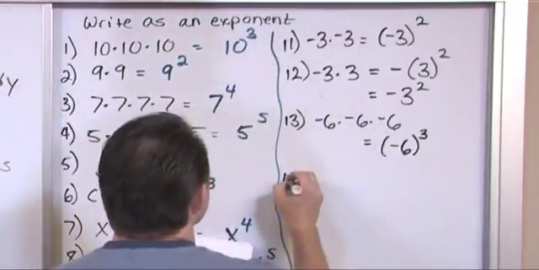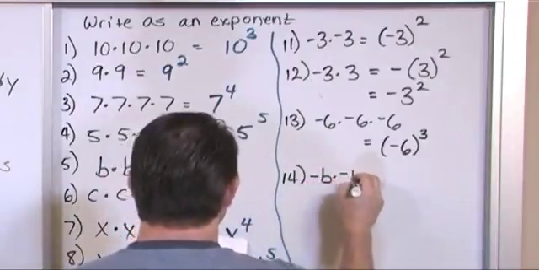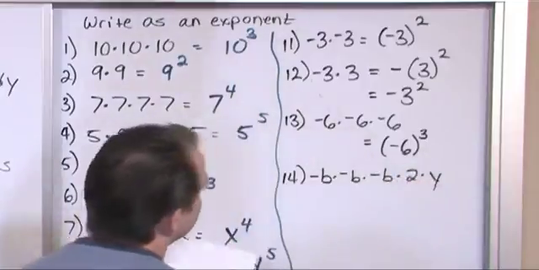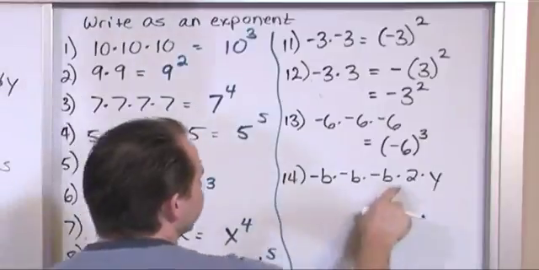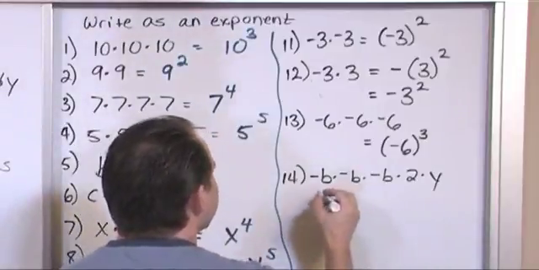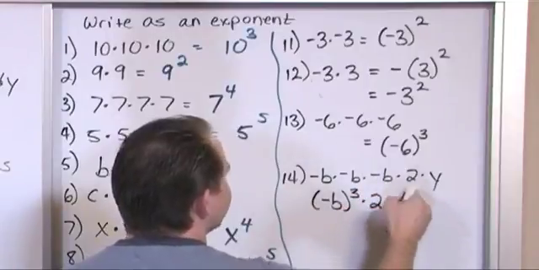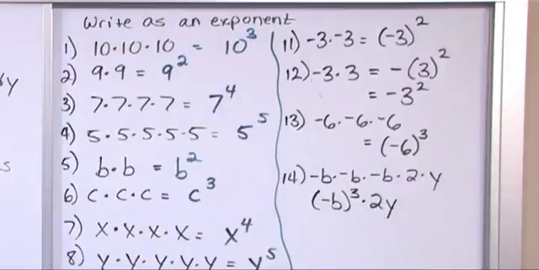And then our final problem of this type, let's say we have negative b times negative b times negative b times 2 times y. So clearly these things are just out there. I can't do anything with them, but these are all multiplied together with the same base. So I can say negative b cubed times 2y, 2y being just left along for the ride on the outside. So this is great,